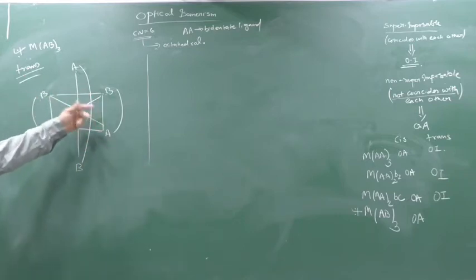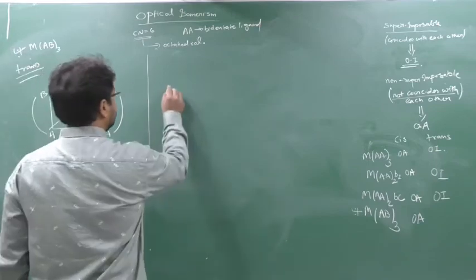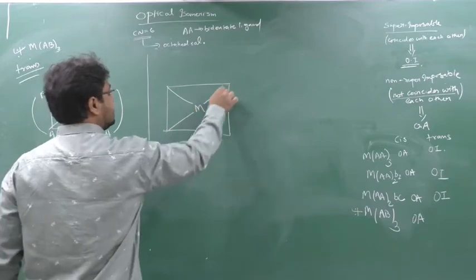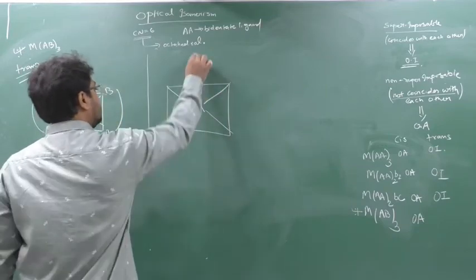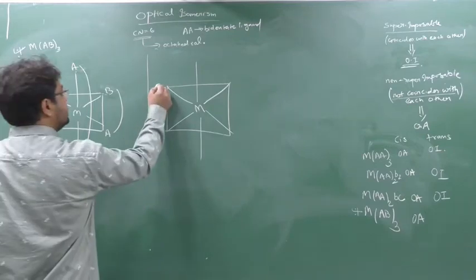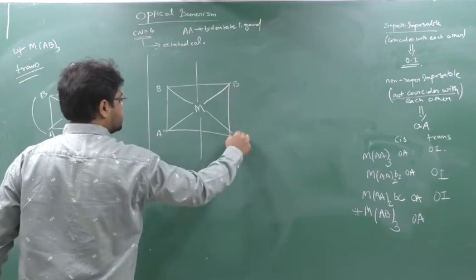These two are 90, but this is 180. So I will consider this as trans. If any one is 180, it's a trans. All are 90, cis. Create an image. So when I create an image, I put here M. Here A. Here. Here. Here. Okay. On the second portion, I have BA. So I'll get here also BA. On the first portion I have BA, I'll get second portion BA.